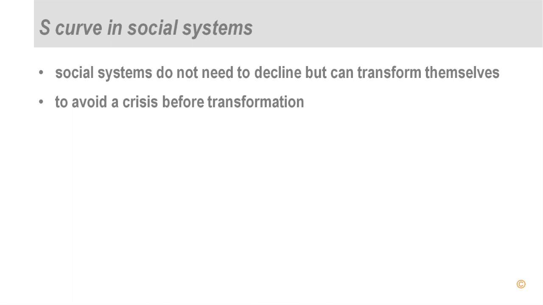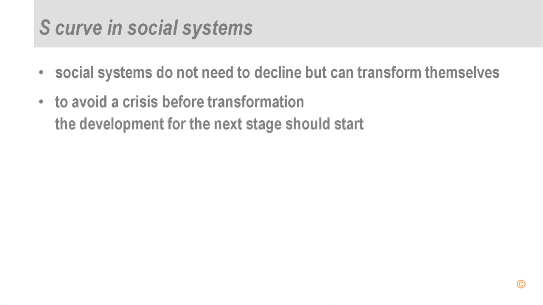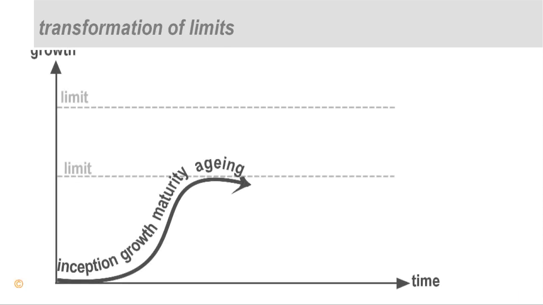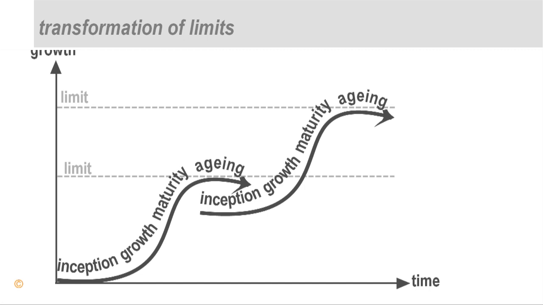However, we can also transform before a crisis occurs, and what is typically advocated in business development or in product development is to start transformation as the system enters the maturity phase. If the system starts transformation during that phase, it can avoid a crisis. So inception of the next stage of development, of the next product development or the next business development should occur